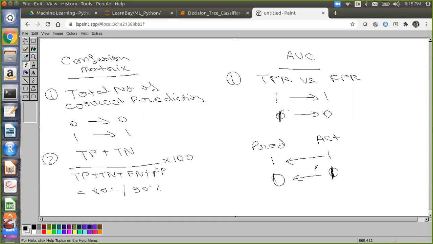Now suppose one patient came, and this patient does not have any cancer. He's a normal human being. But my model has predicted wrongly and told him you have cancer. Now this person will go, do the tests, generate test reports and everything. And finally he will get to know, okay, I don't have any cancer, and he will go happily and live his life. So in this case, this person does not have cancer but the model has detected it as 1. This case I don't worry about.